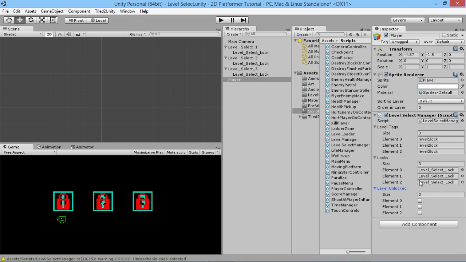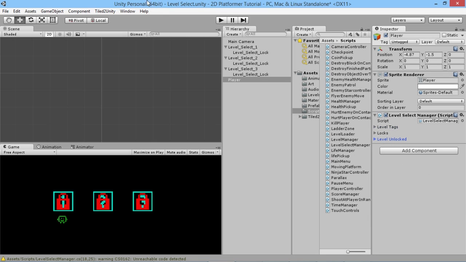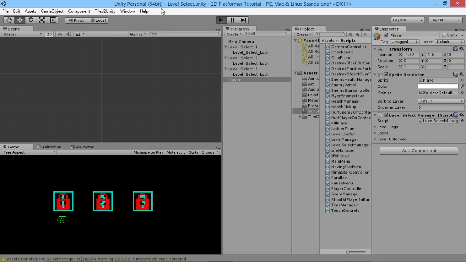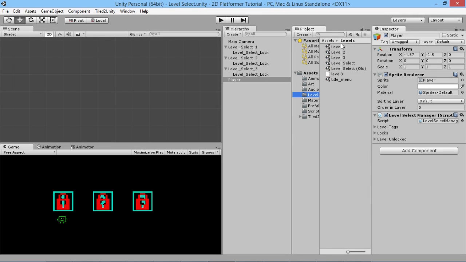It can be larger, but it needs to be at least the same size as the other level parts. So now if we hit play here, we haven't used any of those player prefs yet, so everything should remain with these guys showing the locks. Yep, as you can see, the locks are still there, they're not going anywhere. But if we save this, and now we return to level 1,